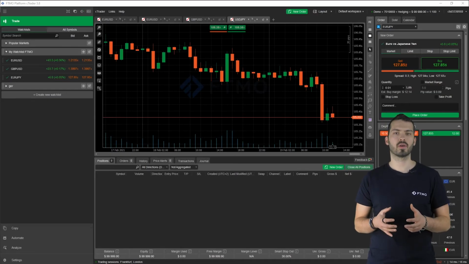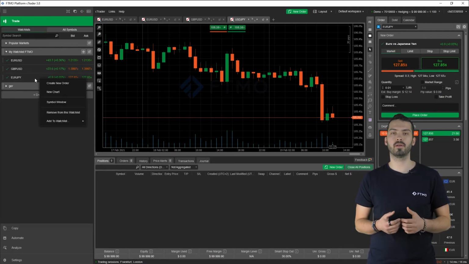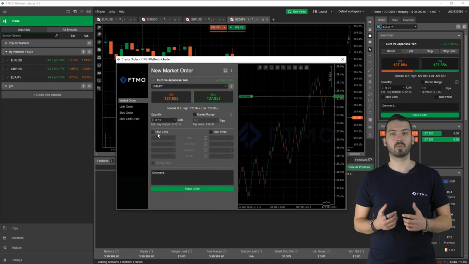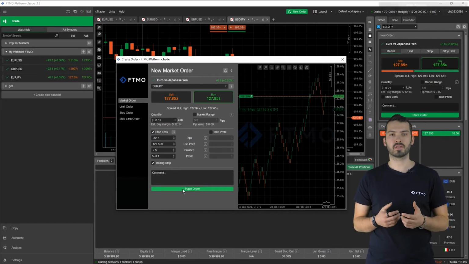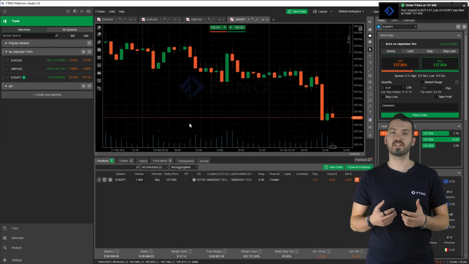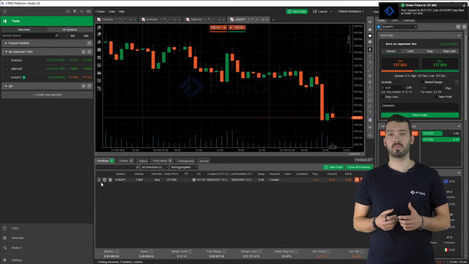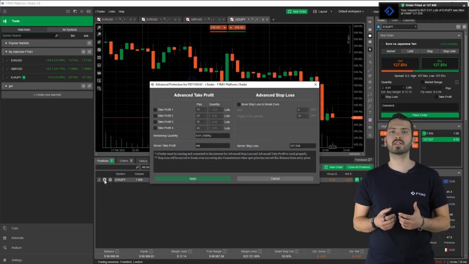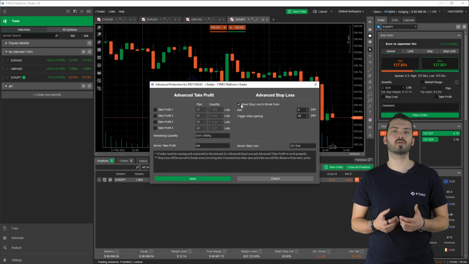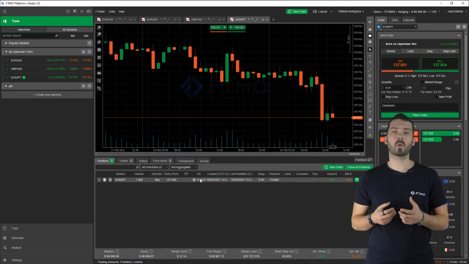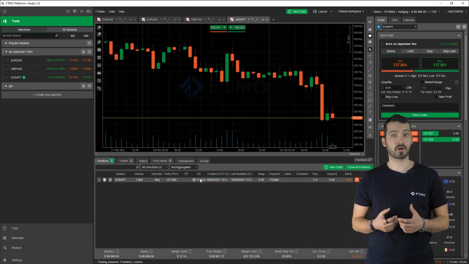If the price moves in the desired direction and you want to shift your stop loss to a higher level, just right-click on your position in the trade, select stop loss, and set the trailing stop below. Another tool for this is the small shield icon for advanced stop loss and take profit orders. If you left-click on it, you can set up scale out take profits and also automatic break even. Bear in mind that this advanced feature only works when your cTrader is turned on.